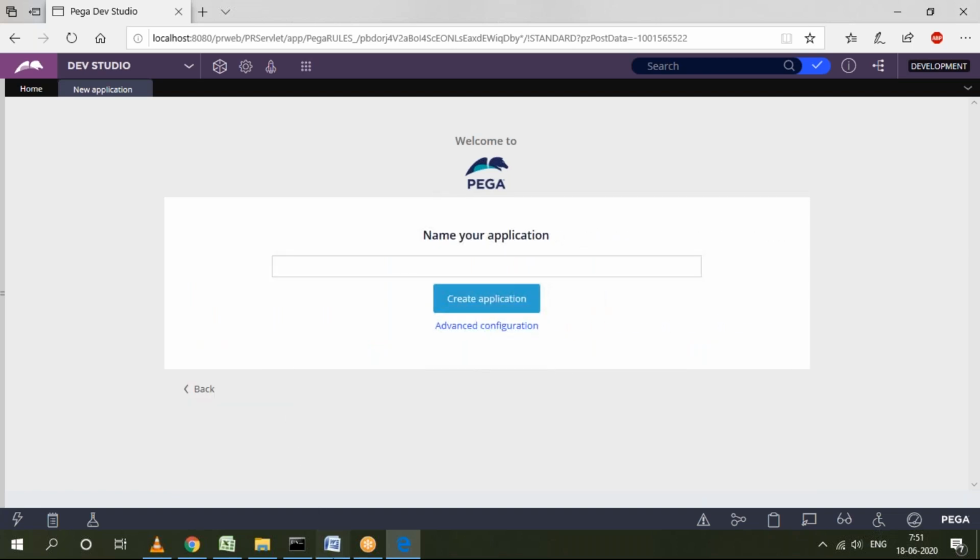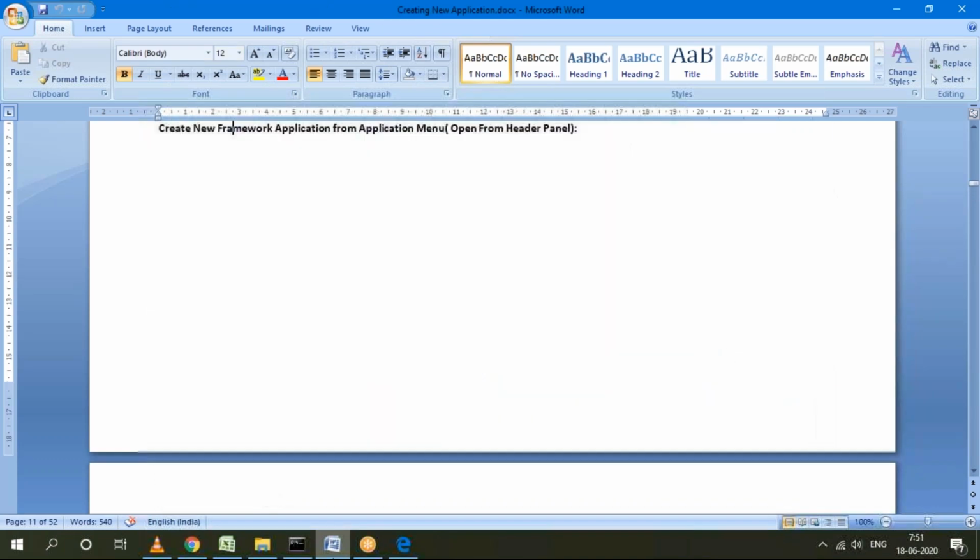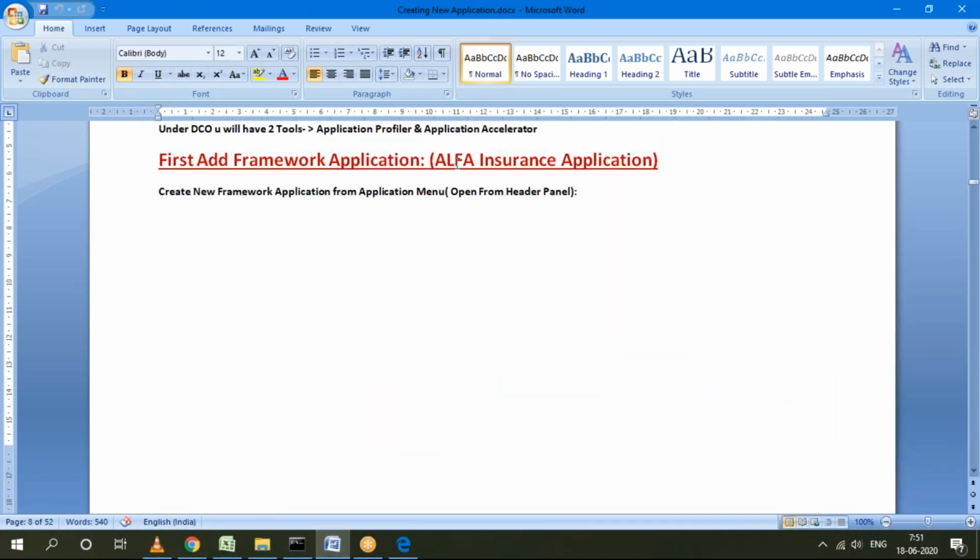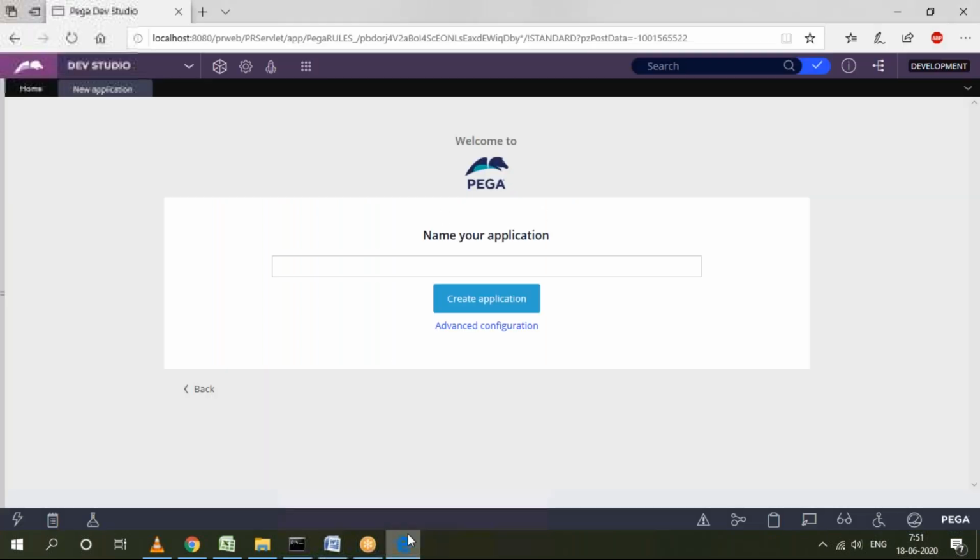And here, coming to the names in your platform, try to give the names. This name you can give according to the document. Whatever the name is there, give that name. Because in my system already, the same name is there in my server, so I'll be changing at least one letter, AIFA something, for the present. But when you're giving the names in the application, follow the names from the document. What are the names I have given in the document? Follow the same names. But here right now I'm giving a name as AIFA, similar name only like ALFA insurance application.